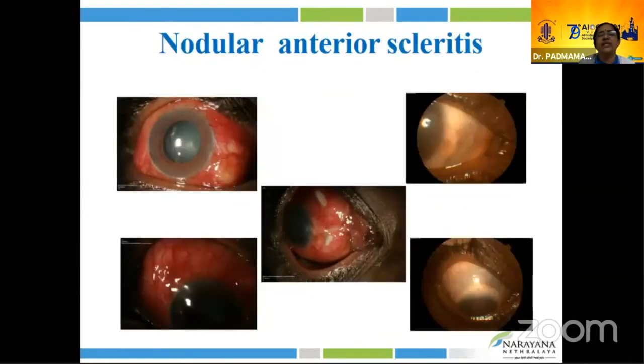Here is a case of multiple nodular unilateral scleritis. Here the patient presents with a wood stick injury. You could see the multiple nodular lesions, sometimes pus pointing. Incision and drainage revealed it's due to a gram-positive organism, and this patient responded well to topical and systemic antibiotic therapy. So whenever we come across a patient with a history of trauma and multiple nodularity with pus-pointing lesions, we need to rule out infective scleritis in our setting.